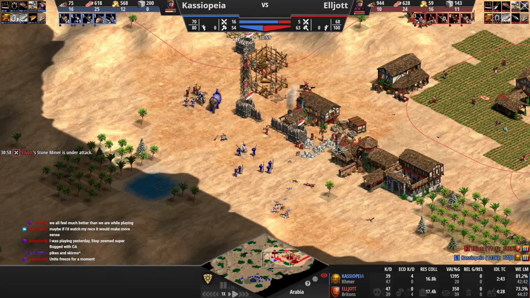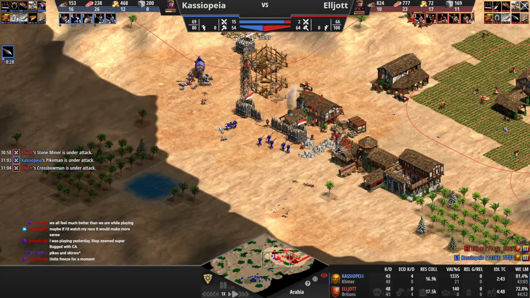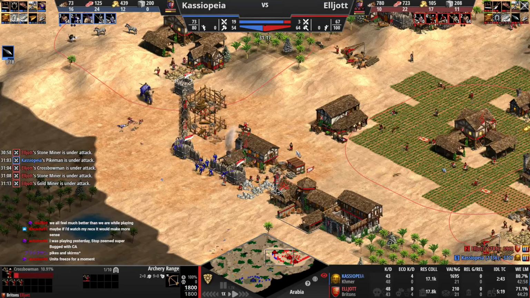Stop seems super bugged with CA. Really? I think stop is really good. So I don't know what was happening for you. But yeah, basically you just didn't make enough ranges. You need like 3 ranges here. But